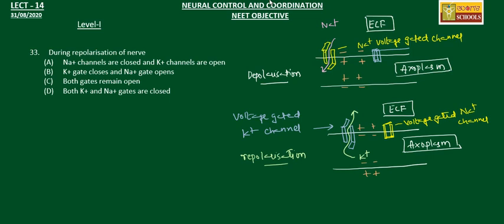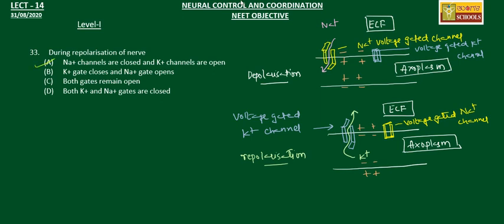So this is voltage gated potassium channel. So in depolarization, sodium voltage gated channels are open and potassium voltage gated channels are closed. And in repolarization, the sodium voltage gated channels are closed and potassium voltage gated channels are open. So the first option, that is sodium channels are closed and potassium channels are open, will be the